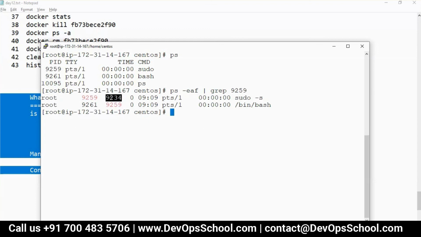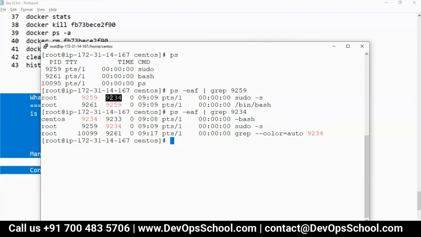Its parent is 9234. Okay, let's trace the parent. 9234. See here. 9234 is a CentOS, which was earlier, and CentOS with a bash. Who's the parent of 9234? 9233.